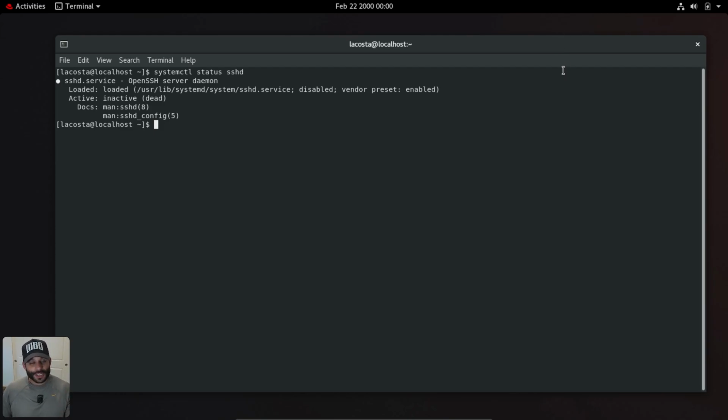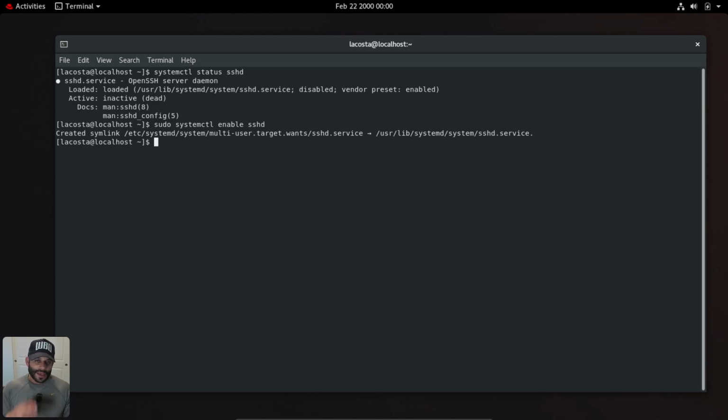So in order to make sure that it starts up when the computer boots up, let's go ahead and do a sudo systemctl enable sshd, and just like that, when the computer reboots, it will go ahead and make sure that SSH is running upon startup. So let's test this out. So if I were to do a sudo reboot,